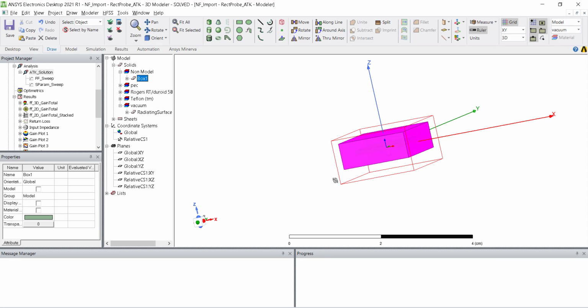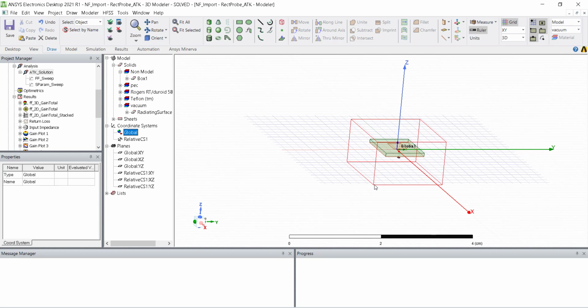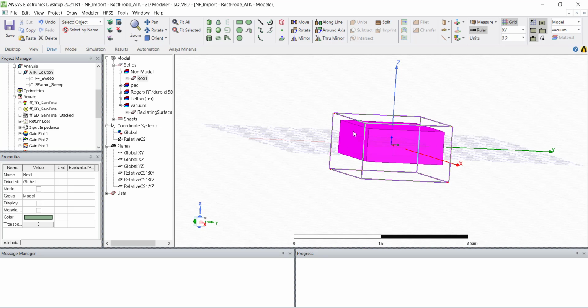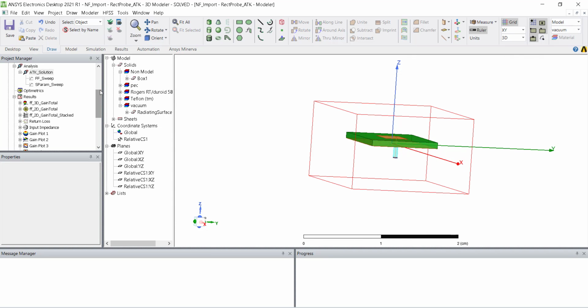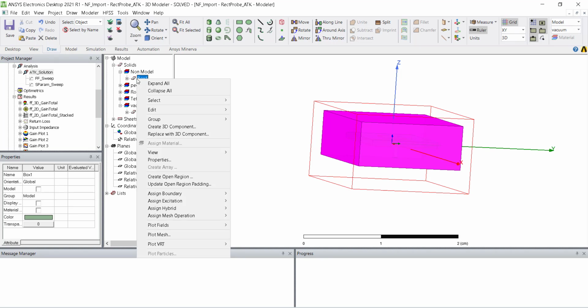So what I did is I just created a box, something like this, and this is our global coordinate. I wanted to link this entire field within this box into another design. I can even create a box which is smaller in size, just covering the entire antenna part. So it's not mandatory. I just selected this box.